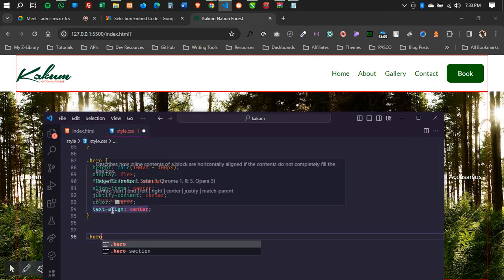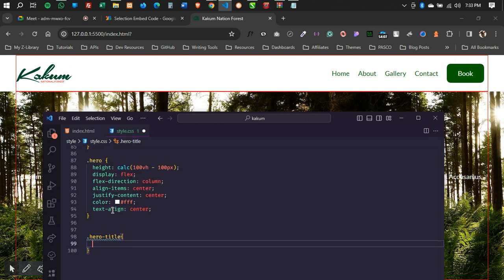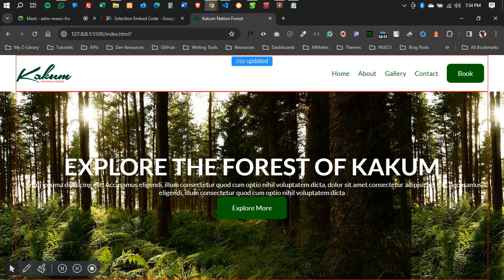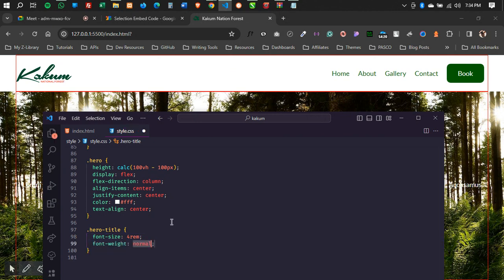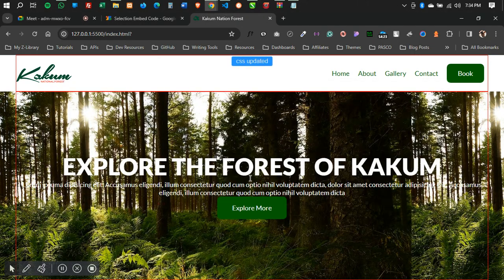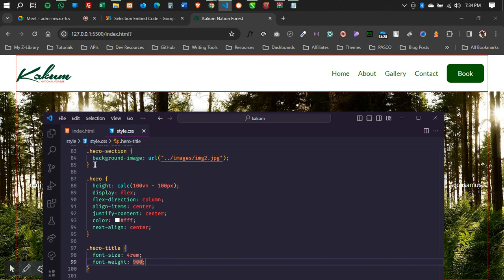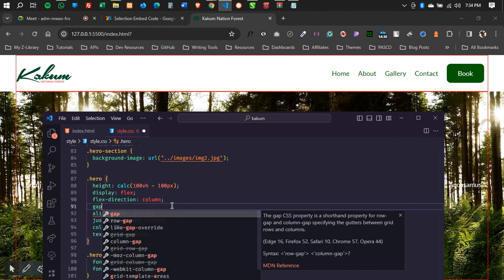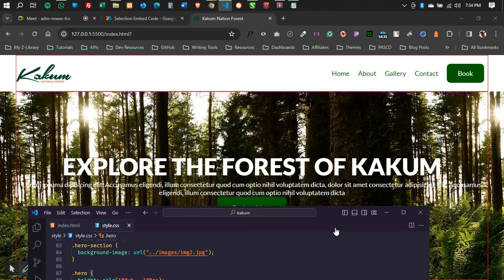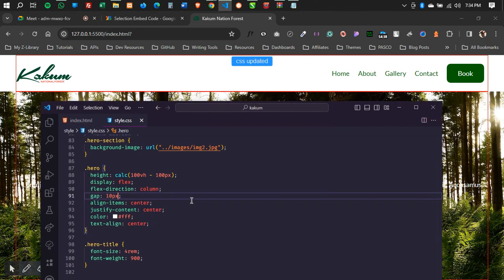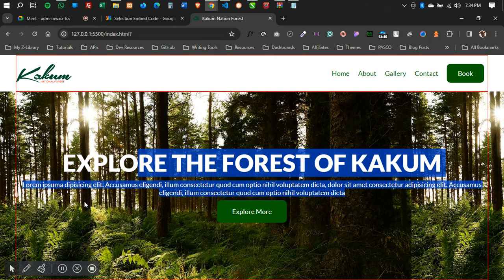So dot hero title, then I'll give it a font size of 4rem. I hope that's not too big. I think it's fine. Then I'll give it a font weight of, let me give it 900, and it doesn't look bad. Then here, let me give it a gap of 10 pixels, and let me see how that works. Right, so the gap works fine, and you realize that our text is not that readable,